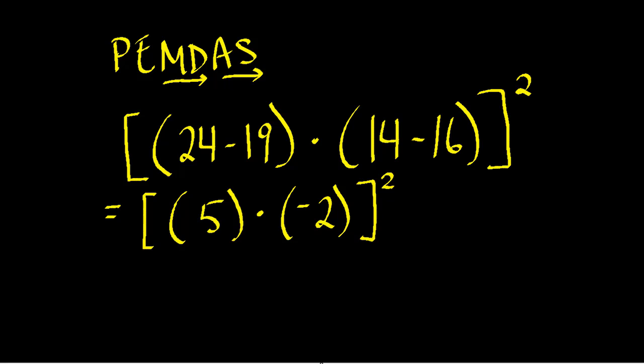Next, we will multiply the 5 times negative 2. And we will get negative 10. And lastly, we will square the negative 10, which means negative 10 times negative 10, and get the final answer of 100. Hopefully this helps with understanding the order of operations, PEMDAS,